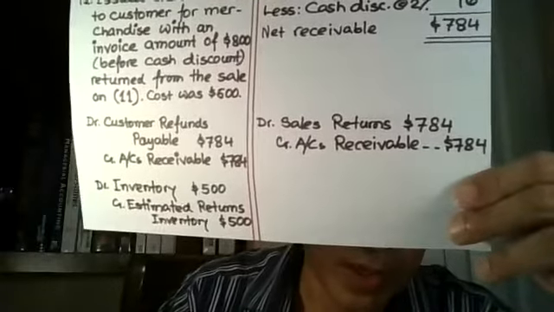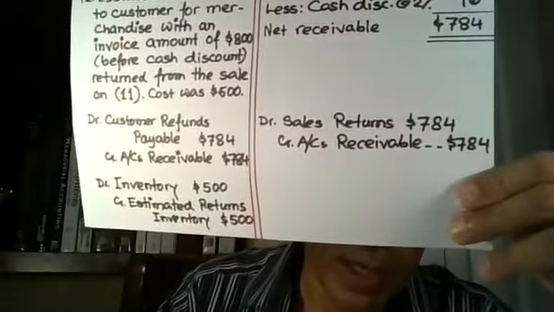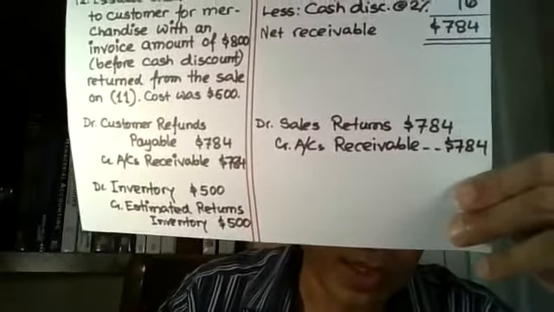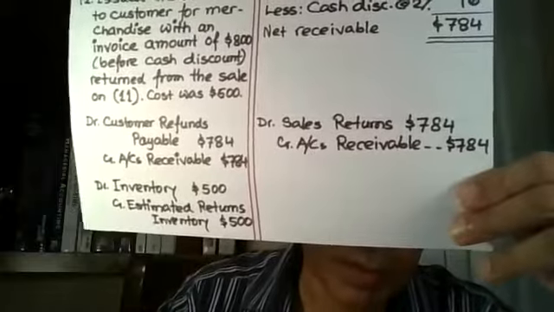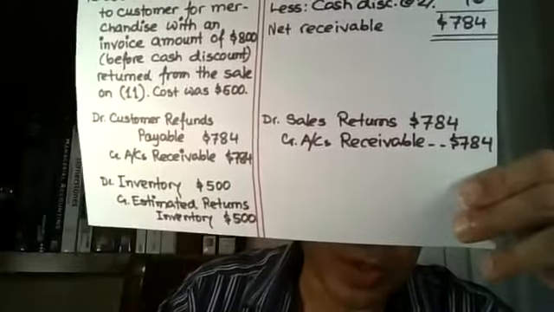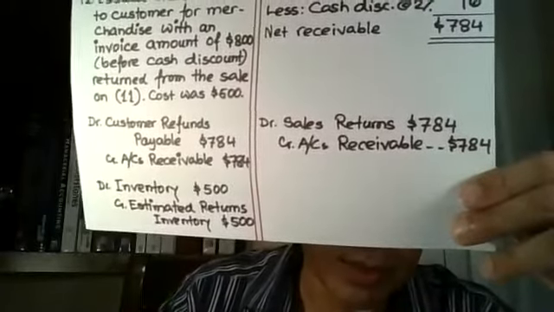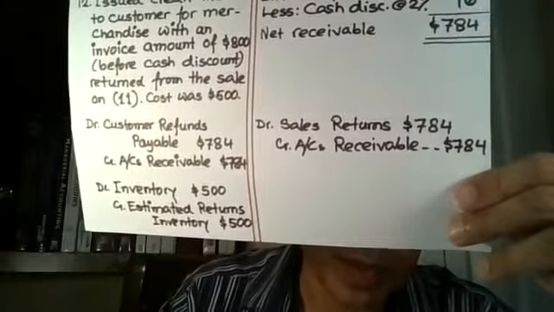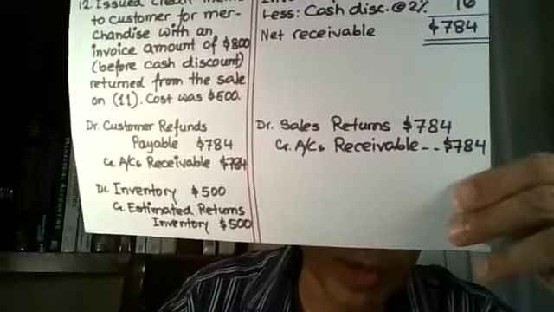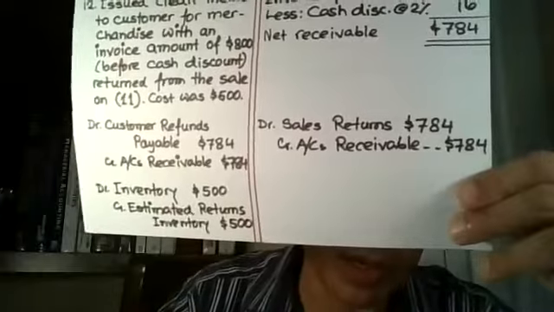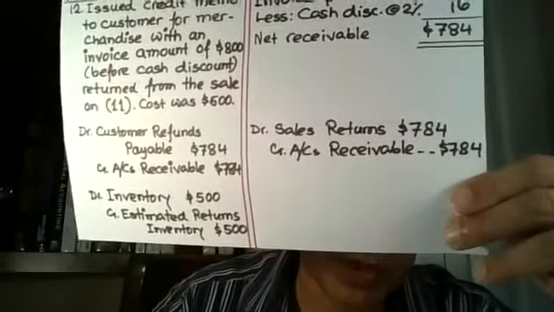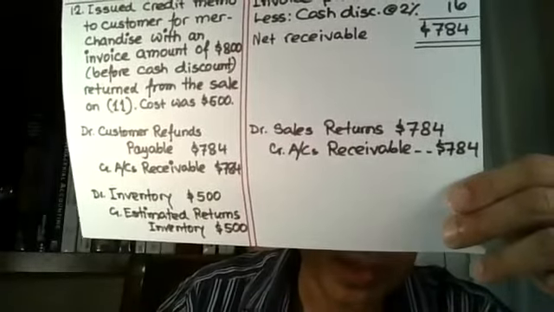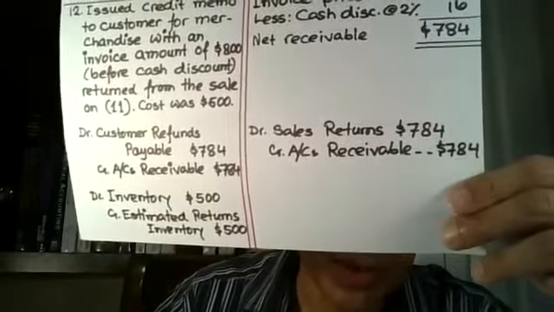So net method is what you're practicing here, but I'll also show you what happens when you apply the gross method. And I mean, it's up to you. You can use the gross method and still take advantage of the discount window. But what is customary, what is more relevant and more appropriate is that if you know that a company is going to take advantage of the discount, if that's your practice, that you always take advantage of the discount window,